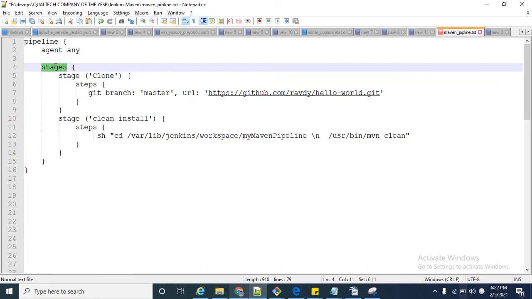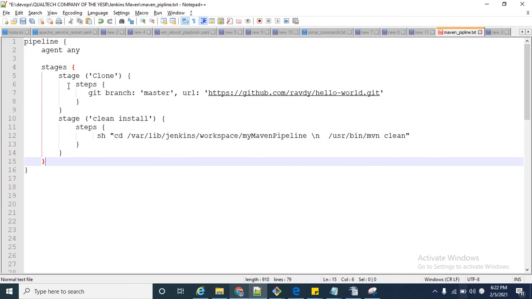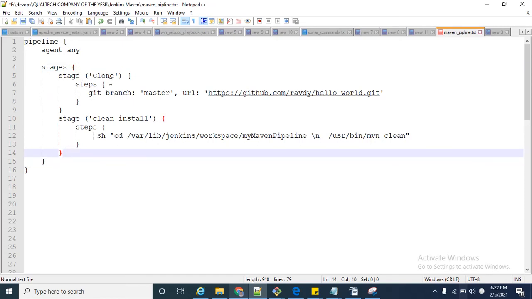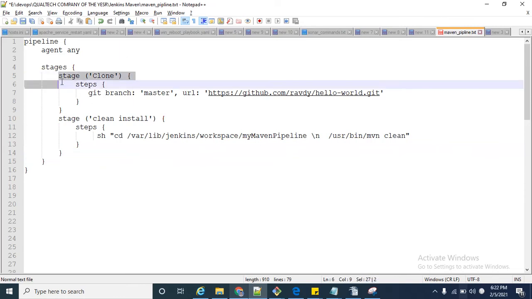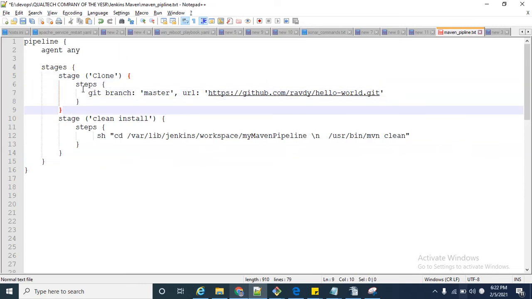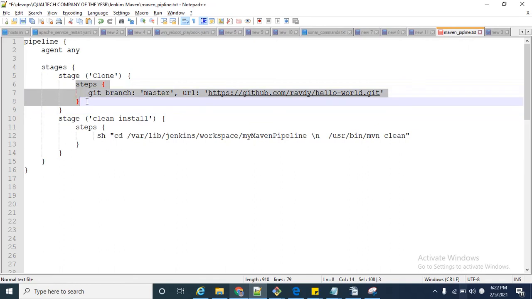We have two stages in the pipeline. In stages we have to define multiple stages. The first stage is clone, which will clone the data, and the second stage is clean and install.